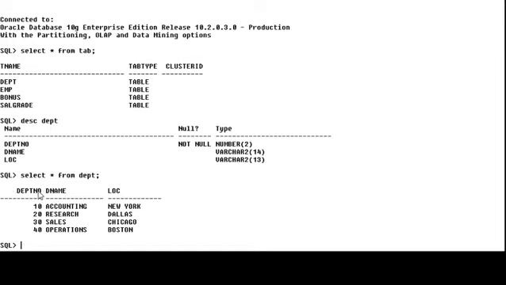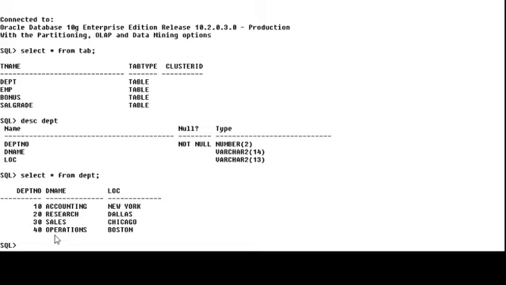Here DEPTNO is a column with 10, 20, 30, 40. This is the data. DNAME is a column name, same as here. It's stored as VARCHAR2(14), meaning up to 14 characters can be stored. LOC is another column and it holds 13 characters. New York, Dallas, Chicago, and Boston are the data, and these are the columns: DEPTNO, DNAME, and LOC. These are 3 columns, and the values those columns hold are called data.